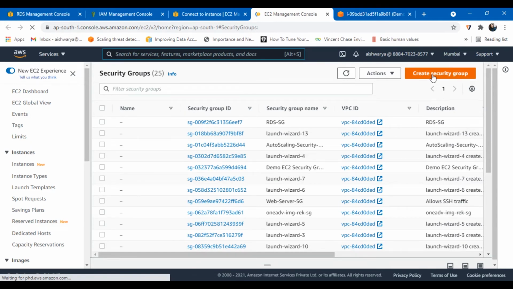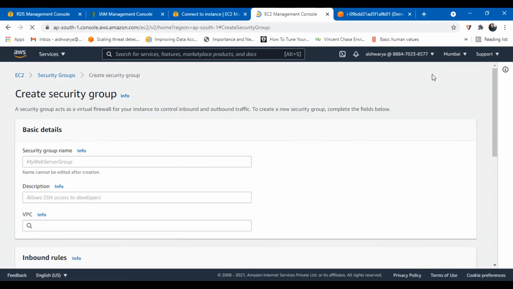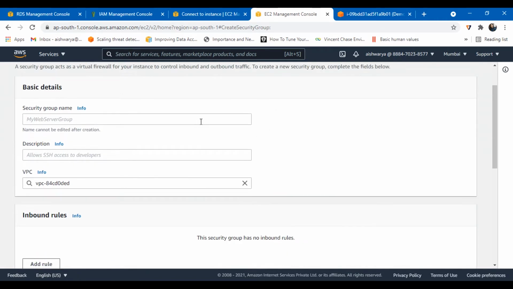Click on Create security group, and here I am giving it the name proxy SG, and the same for the description. And I will add the inbound rules.